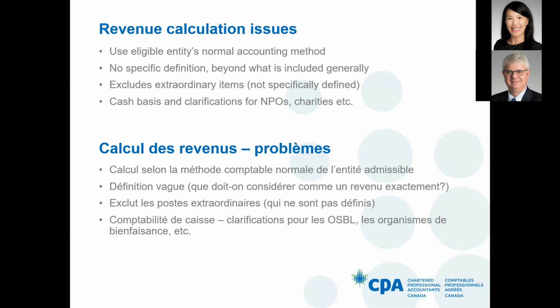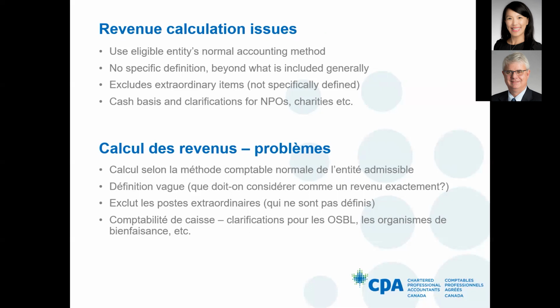It does say what's included generally: sales revenue from the sales of goods, fees for service, payments for the use of property, fairly straightforward business arrangements. But it is a "revenue includes" provision that doesn't define it fully. It just tells you what's in it for sure. And as Vivian said, the legislation specifically excludes extraordinary items. So there is still a little bit of uncertainty, I guess, in terms of what revenue actually means. In terms of extraordinary items, they're not specifically defined. So the general meaning would generally apply in these